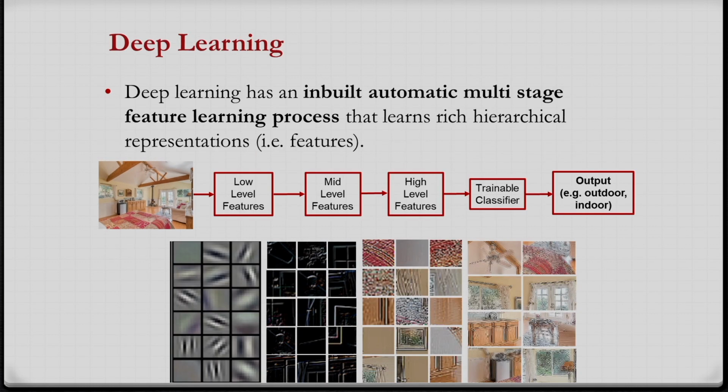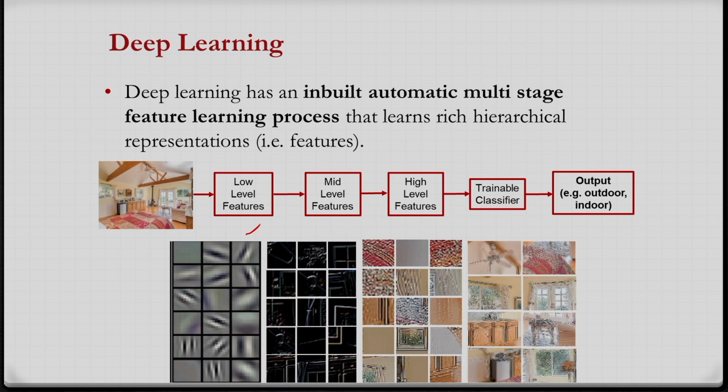So this is a block diagram for traditional pattern recognition system. Now I am considering the deep learning method. In this deep learning method, already I have mentioned, this is nothing but the cascade of nonlinear transformations. In this figure you can see I am considering one image, and from this image I can extract some low level features, or we can extract the mid level features, and after this we can extract the high level features.